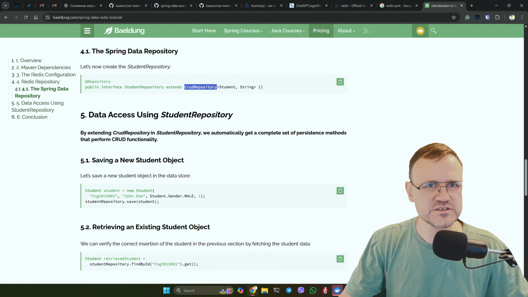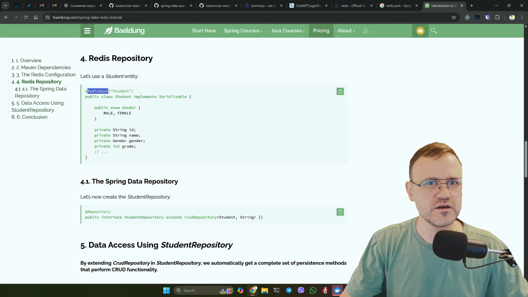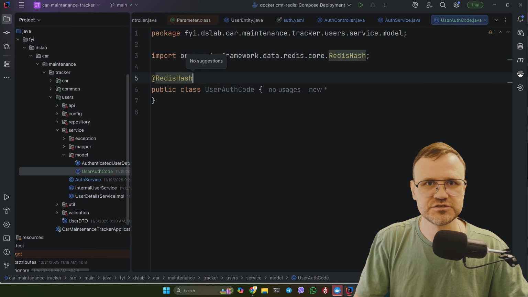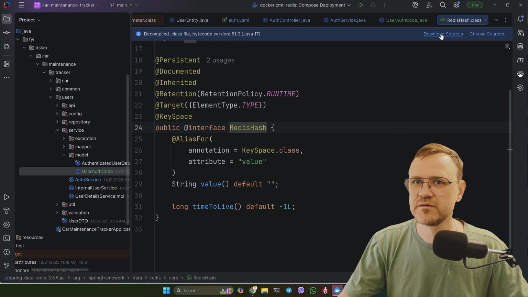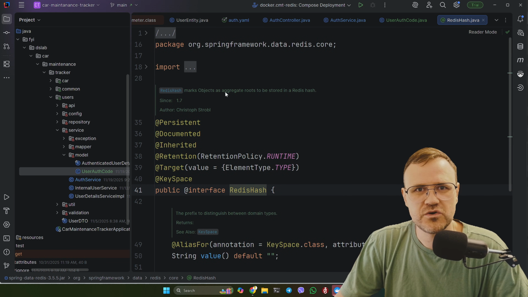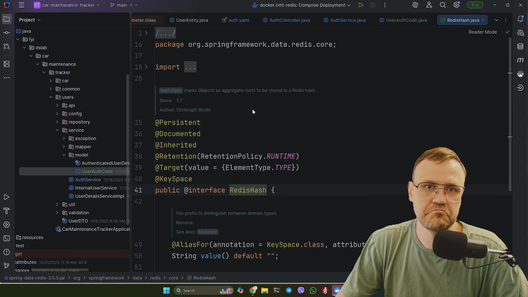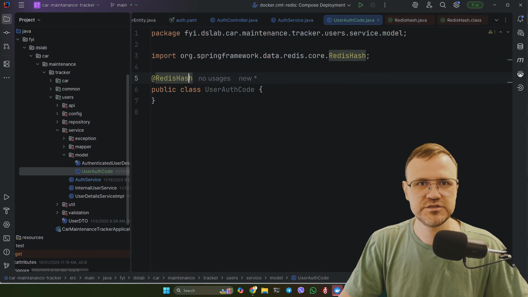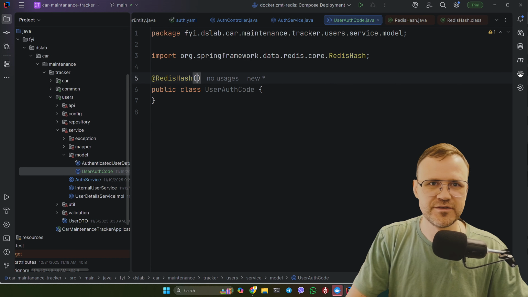So what is this annotation? Redis hash. Let's take a look at what this is. Marks an object as aggregate root to be stored in a Redis hash. Okay, makes sense. It's just like an entity,